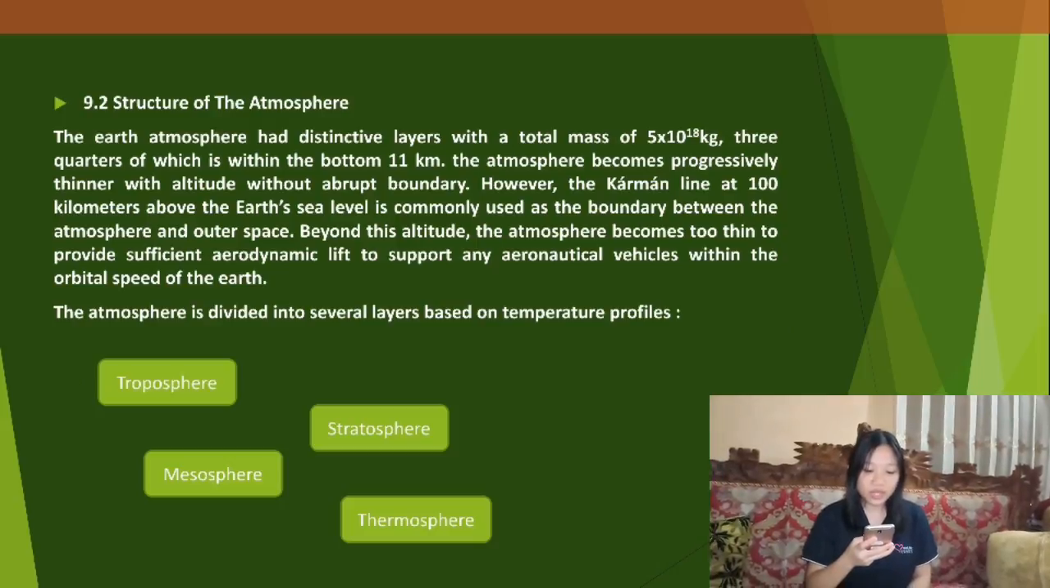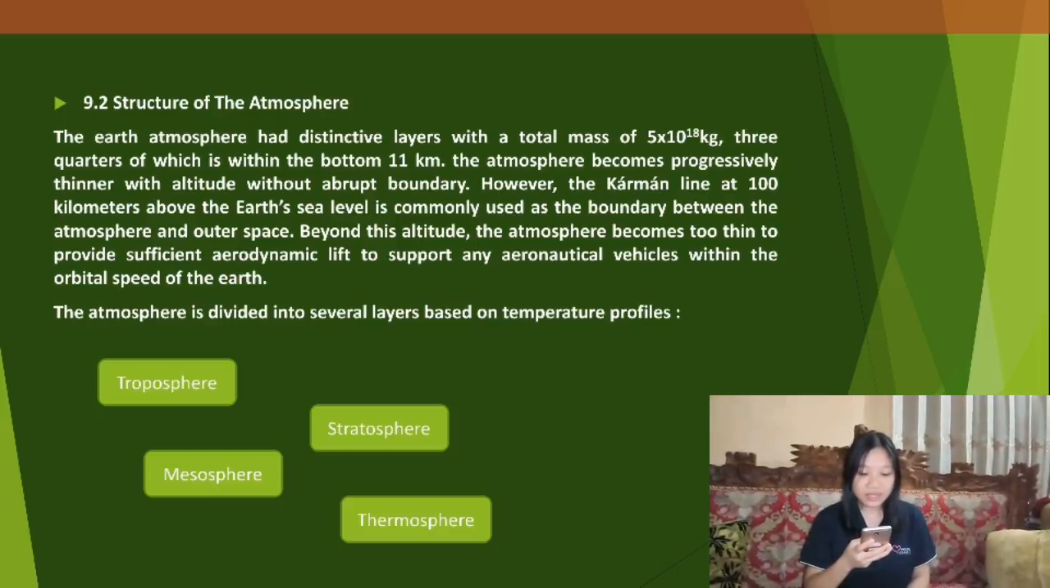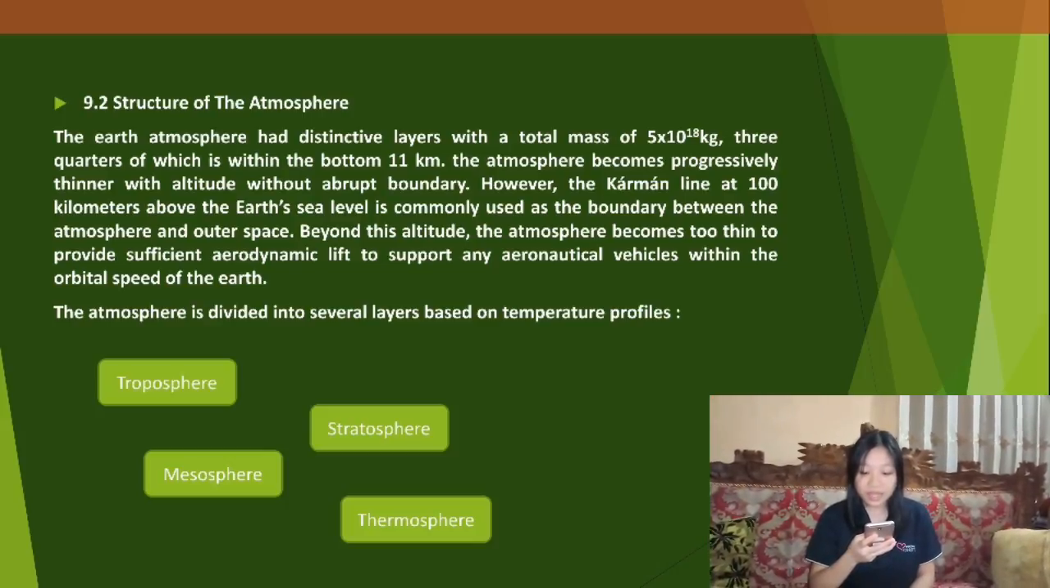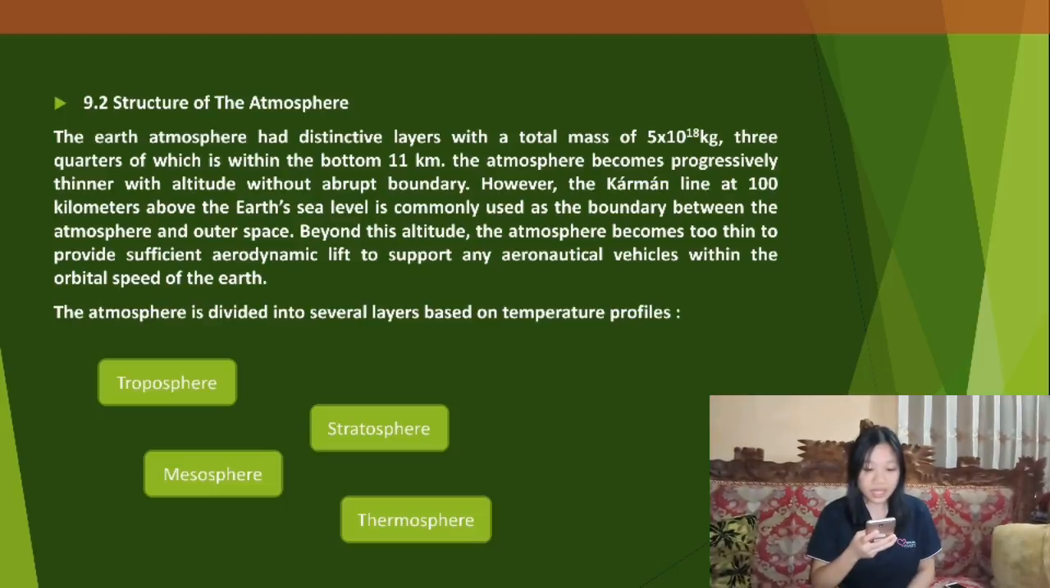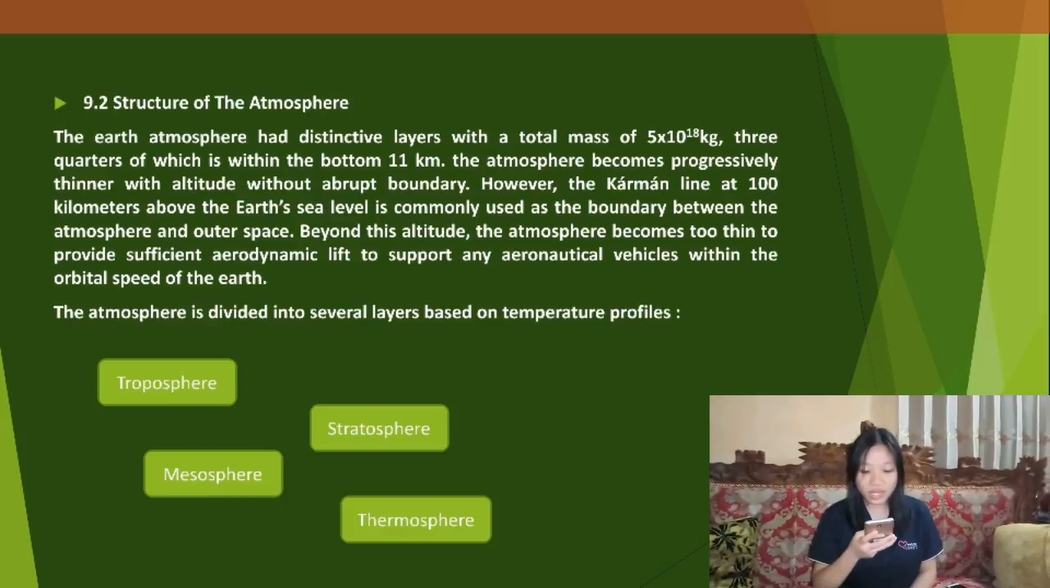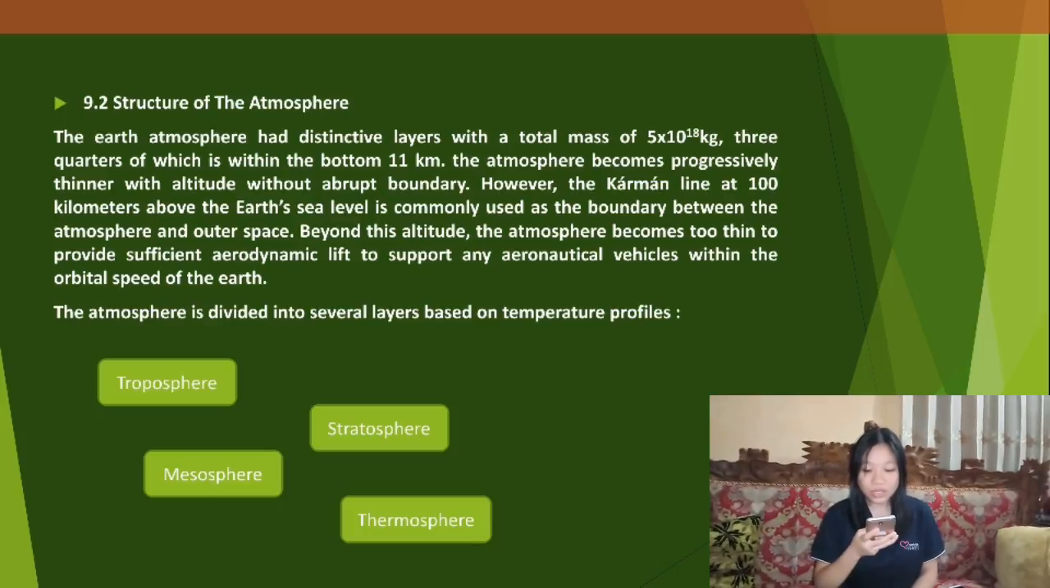9.2 Structure of the atmosphere. The Earth's atmosphere has distinct layers with a total mass of 5×10^18 kg, 3/4 of which is within the bottom 11 km. The atmosphere becomes progressively thinner with altitude without a broad boundary. However, the Kármán line at 100 km above the Earth's sea level is commonly used as the boundary between the